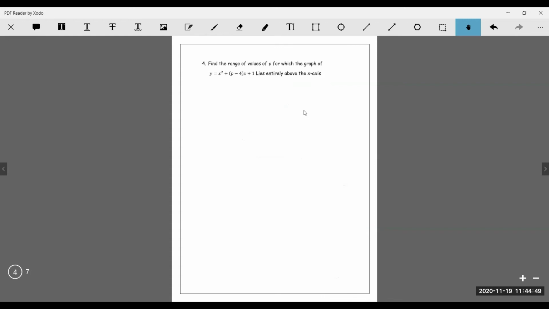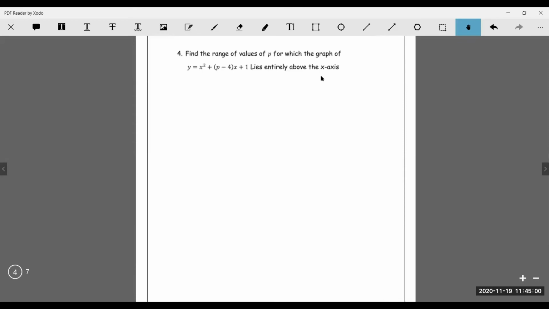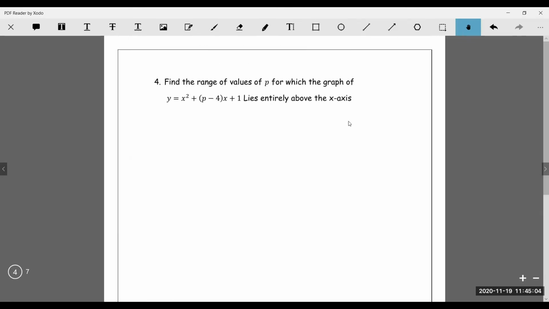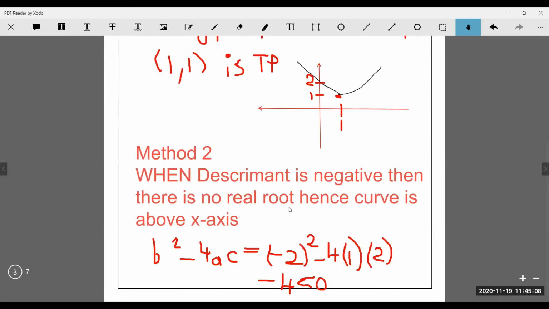Now let's look at question 4. Question 4 says, find the range of values of P for which the graph lies completely above the x-axis. So we want to find when this graph will lie completely above the x-axis. Now this graph, again, we just looked at it, we said a graph will lie completely above the x-axis when